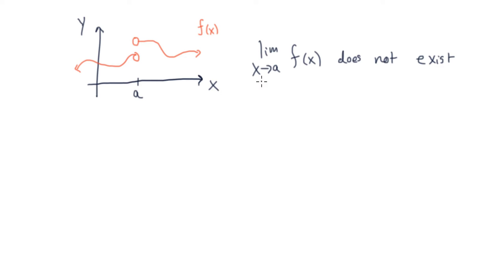But just because the limit as x approaches a of f of x does not exist, we can actually still talk about what are called one-sided limits. One-sided limits basically just ask the question, what's happening to the left and what's happening to the right? And I'm okay if those are not equal. In other words, I'm okay if the limit doesn't exist. I can still look at what are called the left- and right-handed limits. So the left-handed limit